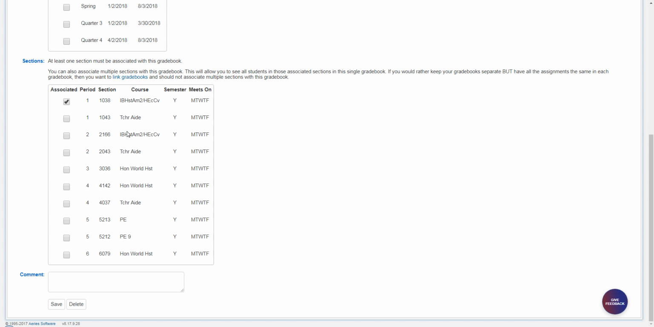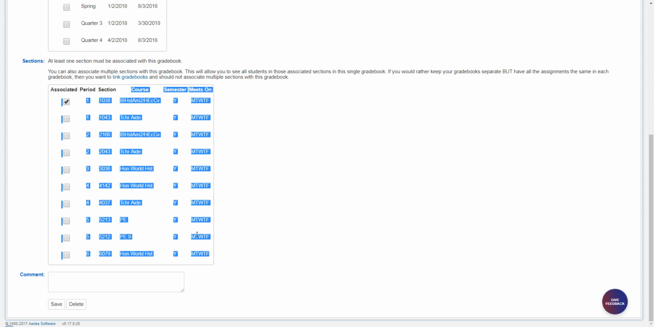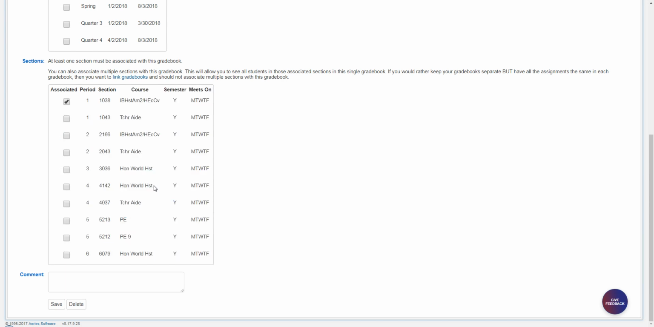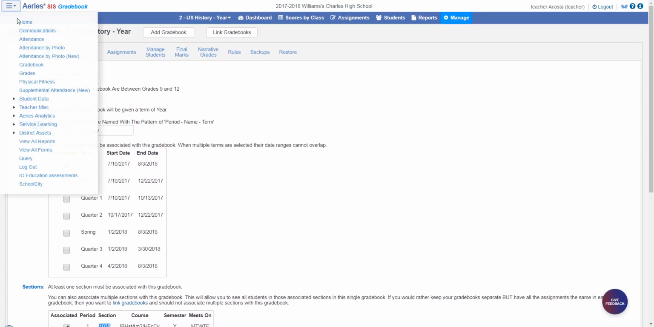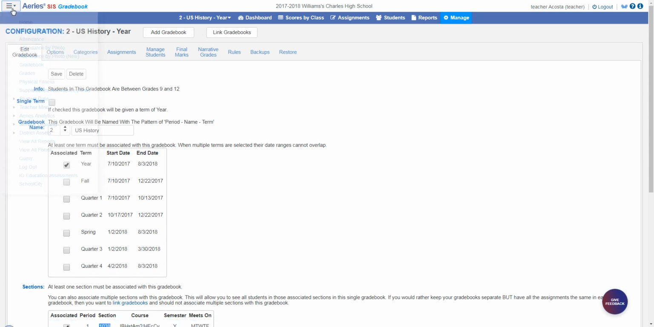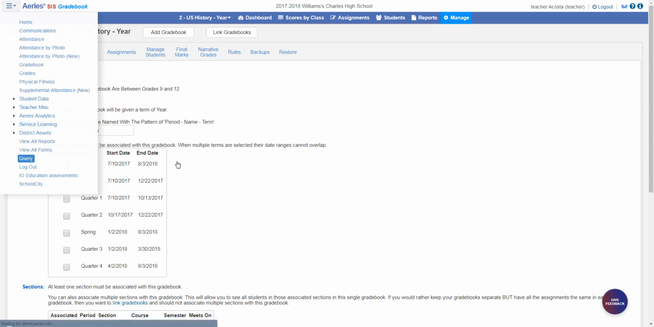It's the section number that we're interested in right now, so you can either take a screenshot, you can copy and paste the information into Excel or Word, or you can just go ahead and write down what your section numbers are. Once you know that, you can go ahead and return to your home screen or go directly to the Aeries Query window from the menu drop down in the top. So we go to Query,